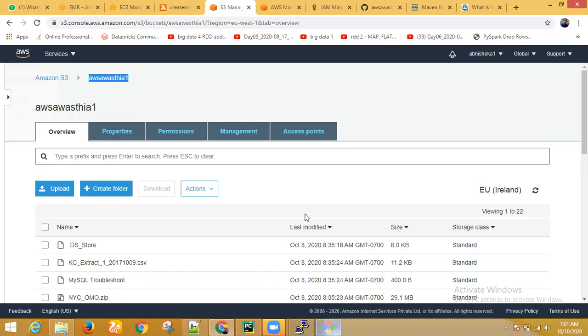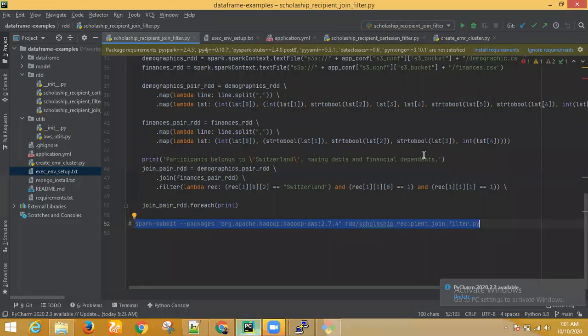Can you please sum up everything in maybe 2-3 lines: the first step, second step? First step is basically you do the development on your local computer using PyCharm. Everybody should install PyCharm on their machine. So you do the development using PyCharm.